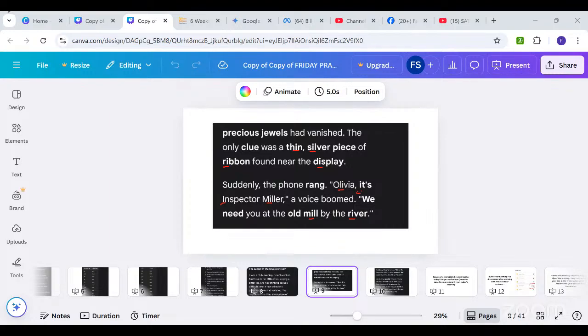The only clue was a thin silver piece of ribbon found near the display. Suddenly, the phone rang. Olivia, it's Inspector Miller. A voice boomed. We need you at the old